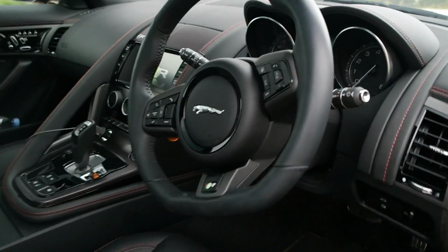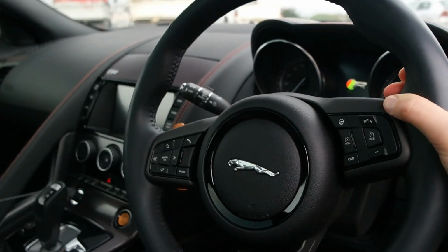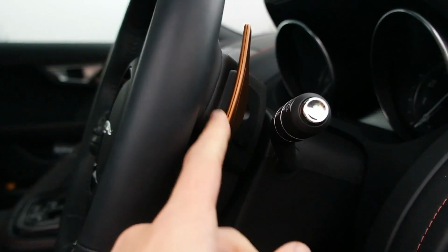So yes, this is the interior. Now I'm trying to find out the best way to show you all these different details in here because there is so much to show you. Now with the R-Coupe, I think with the convertible, you get these really nice...